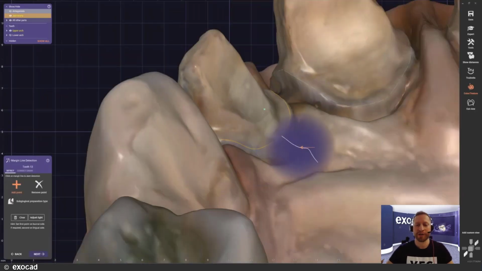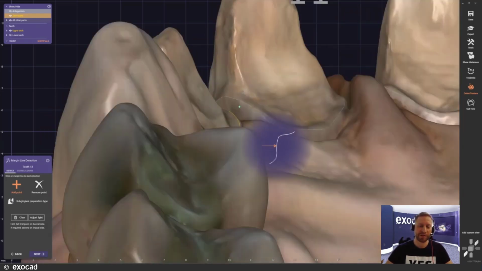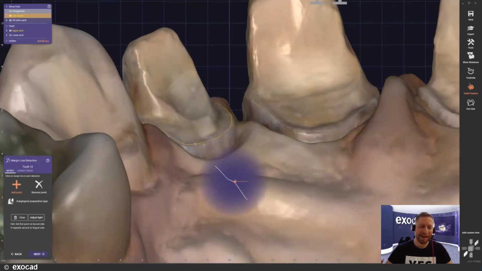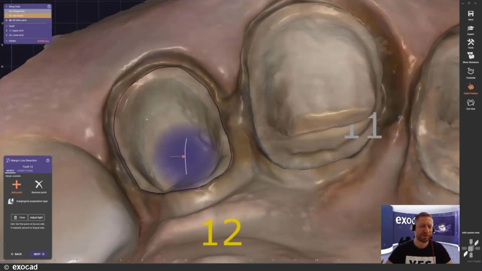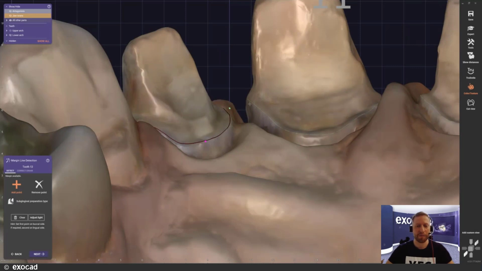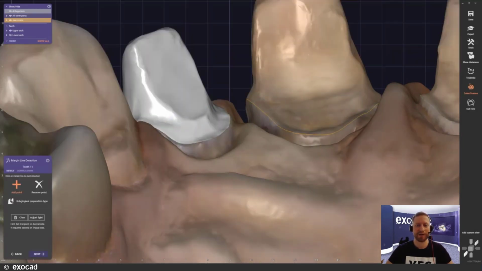Now we come to the margin line detection. The margin lines you see here are imported priorly from our design. They're part of the construction info that we have in the project folder. And just for the demonstration purposes, because of the detection of the margin line, you see here a cut view that also shows us where on the scan we have our nice edges. And just to show you how flawless this detection of the margin line works, I'm just going to use it here. It's perfect. I'm going to continue with that. It's implemented, the crown is registered, and we get to the next die.